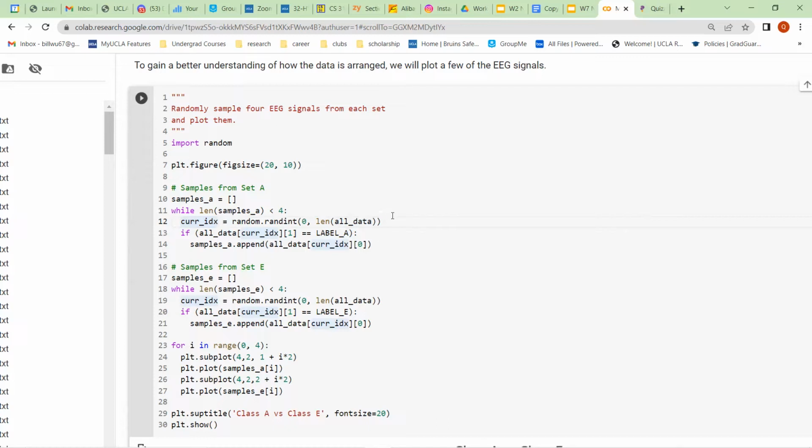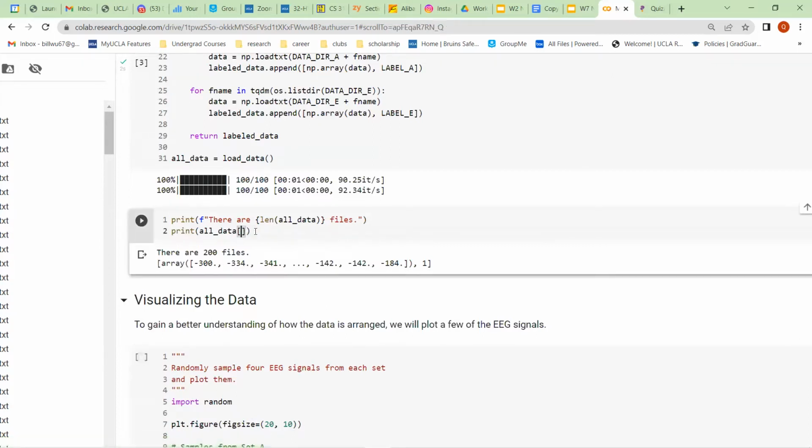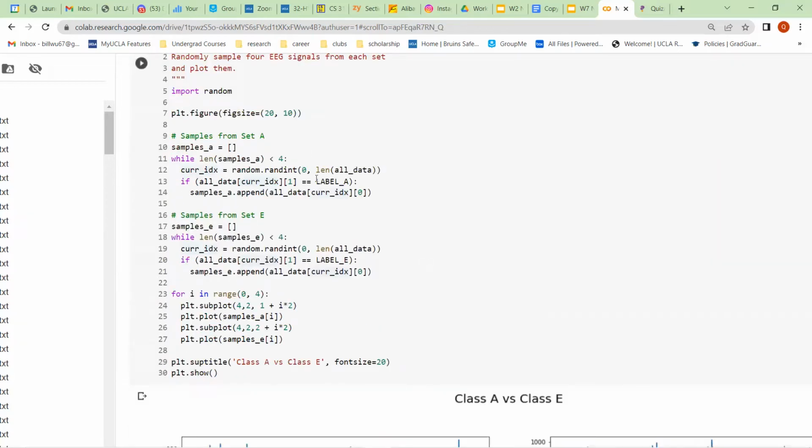For instance, it could be 2. Then this line checks whether the data at this index has a label of A. If we look at the data with index 2, it has a label of 0, which corresponds to the label A. So it realizes that this is the data we want, and we append it into the list that collects all the samples. We're going to do that 4 times.